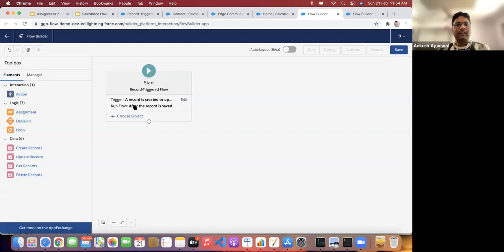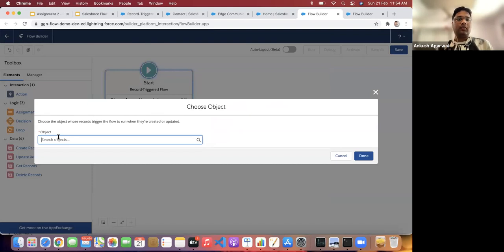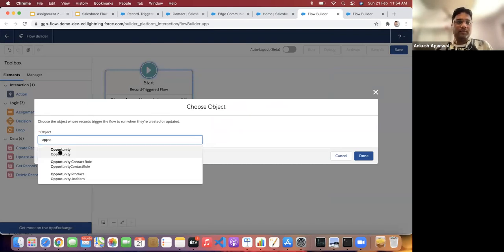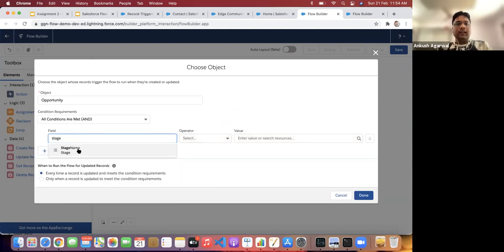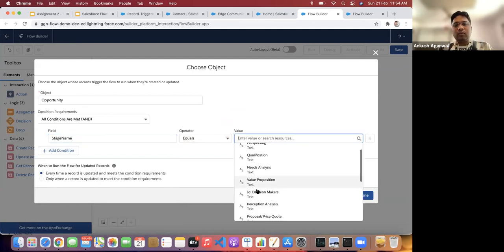The reason behind selecting after the record is saved is that we'll be creating this record trigger flow on the opportunity object. We are selecting here the stage, and we'll only consider this trigger when the stage is equal to closed won.